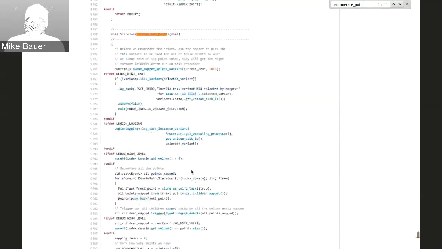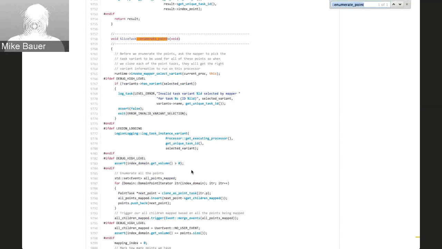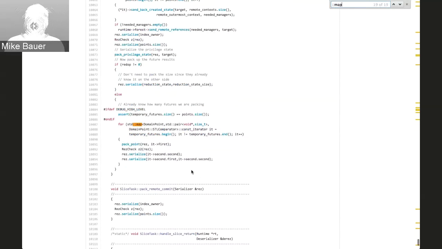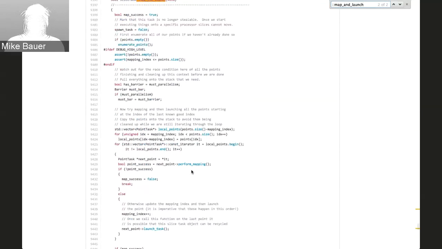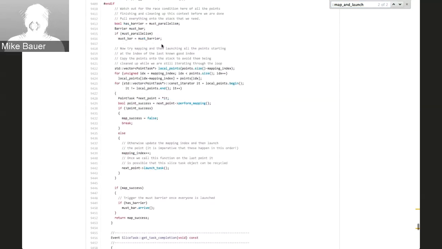Okay, so this enumerate points task is really pretty simple. Let's jump back to map and launch for index space or for slice tasks. So once again, here's the check on this doubly indent queue to see if it's empty or not, which is our indication whether or not we've actually enumerated our points. At some point, we've actually enumerated all our points. At this point, we're actually ready to try and map all of these different